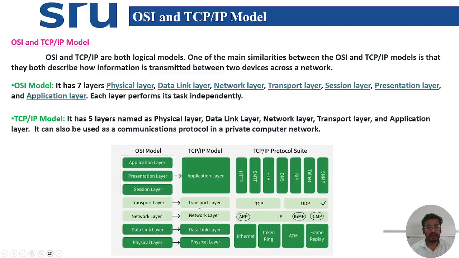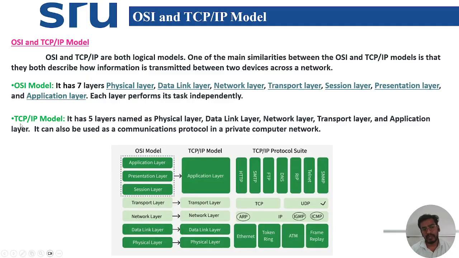In the OSI model, there are seven layers: physical layer, data link layer, network layer, transport layer, session layer, presentation layer, and finally application layer. All these layers function and perform their tasks independently.